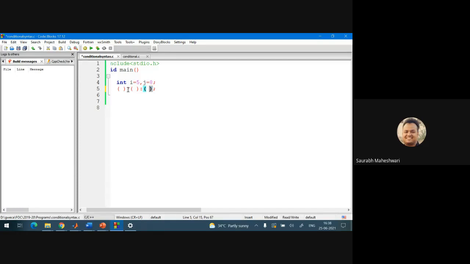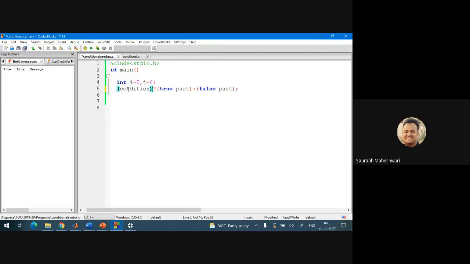Here you write the condition that you want to check. Here you write the true part, what you want to do when the condition is true, and here you write the false part, what you want to do when the condition is false.